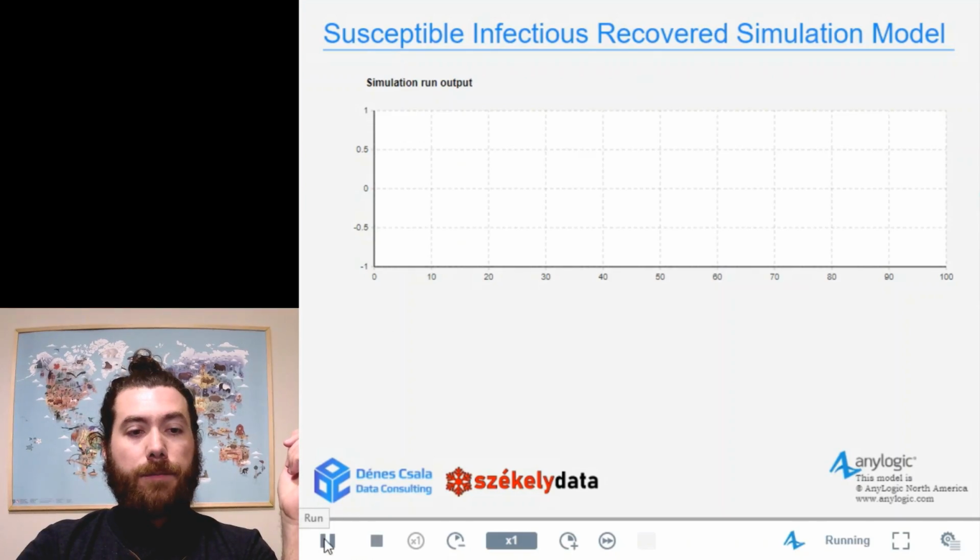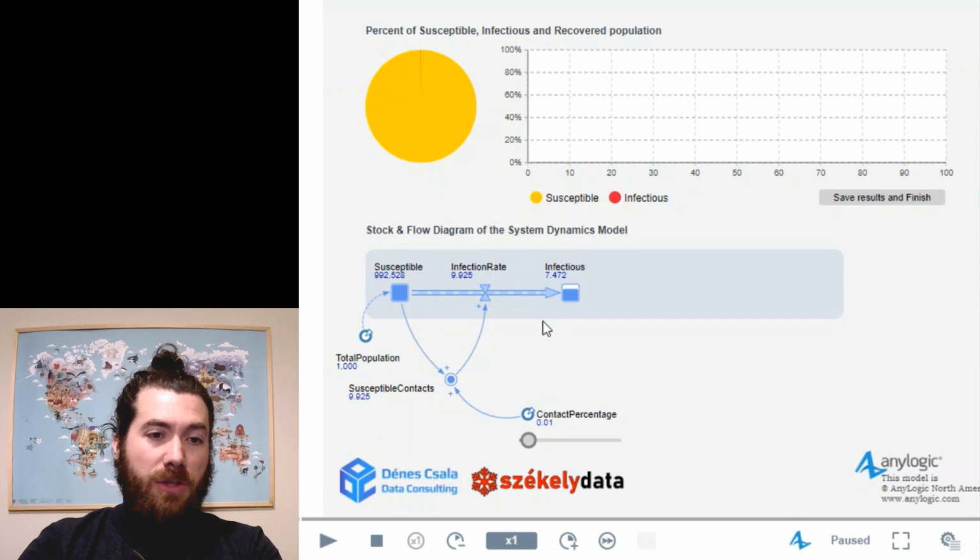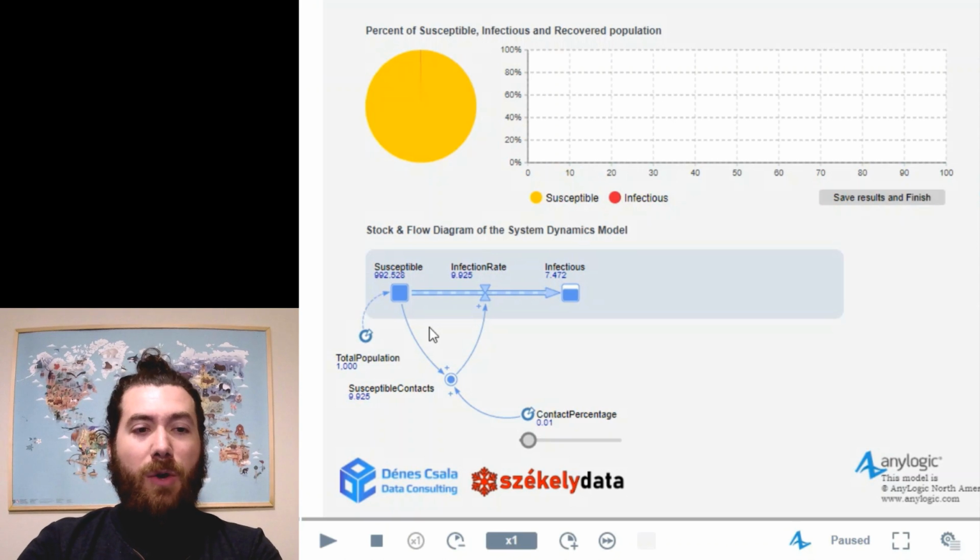So let's look at something a bit more realistic. Instead of having a fixed infection rate, what we could say is that the number of people who are getting infected every day really does depend on the total number of susceptible people to the infection, which of course initially depends on the total population, but later on it will decrease because those who have already been infected are not susceptible to